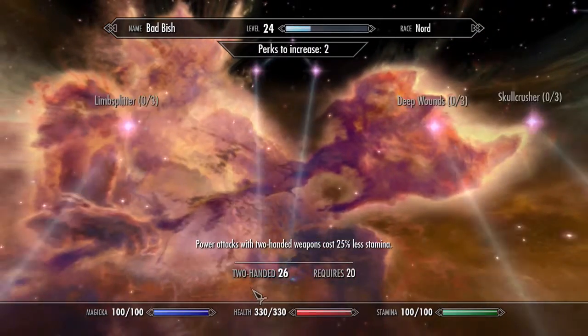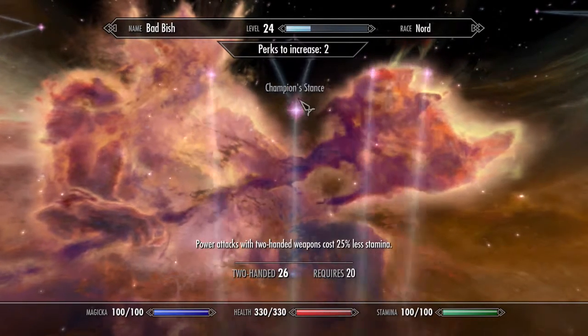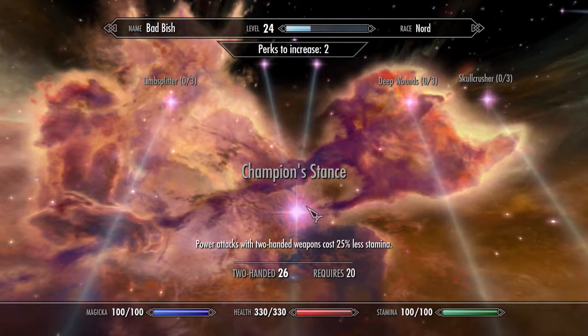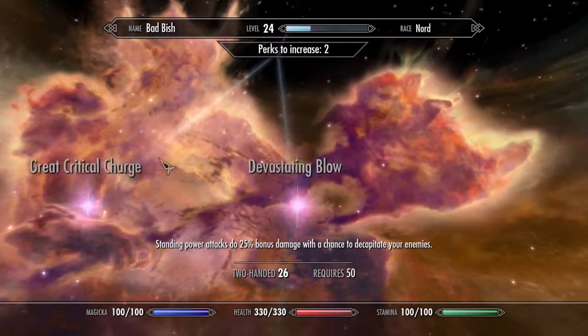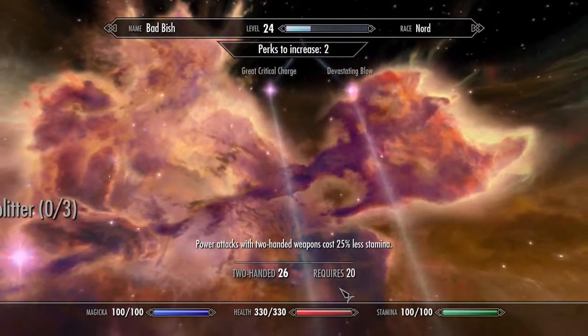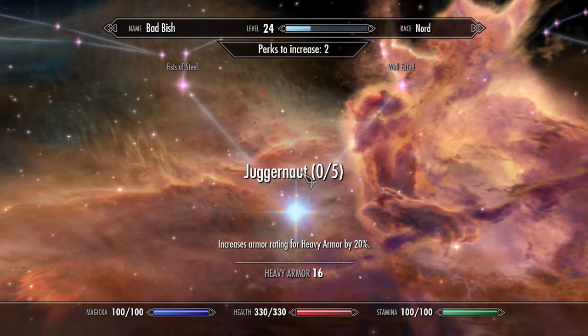You're going to start off and do your buffs to your damage. Then you're going to go into your champion stance, so that it costs less stamina. And then depending on whether you're using a war axe, a sword, or a warhammer, that's where you're going to decide from there. And then you're going to continue along the same kind of tree and buff yourself from there. So after you have your damage figured out, the next thing that you're going to be looking at is